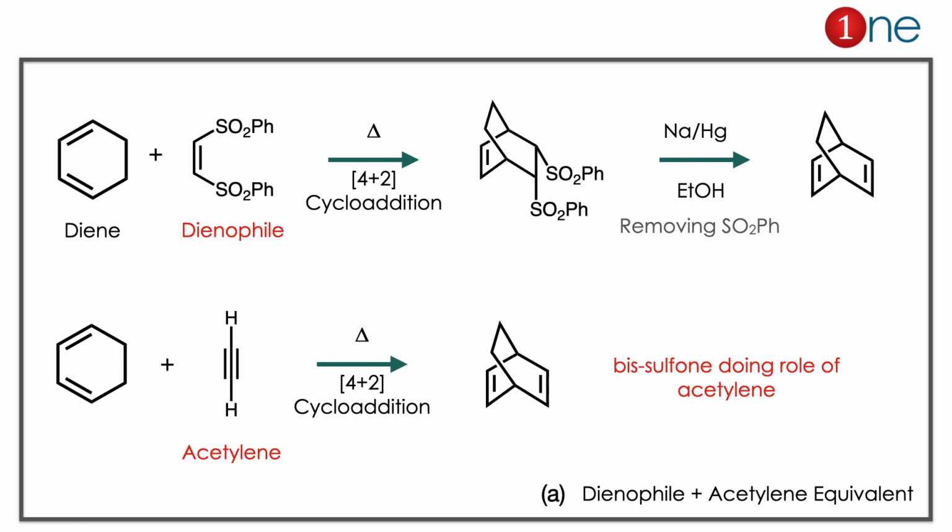So what really the catch here is, it is already a dienophile and an acetylene equivalent. Here you have to learn two important things. One is cycloaddition: the dienophile is important, which is the electron withdrawing group with alkene. Second thing is bisulfone. Bisulfone is equivalent to acetylene. The same product you can obtain by using this dienophile instead of acetylene.